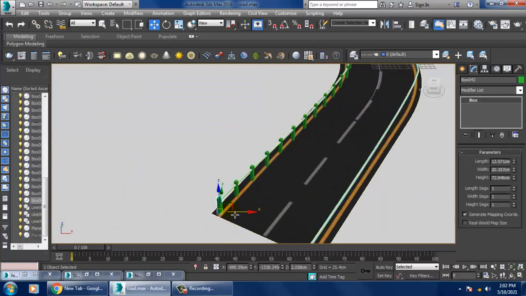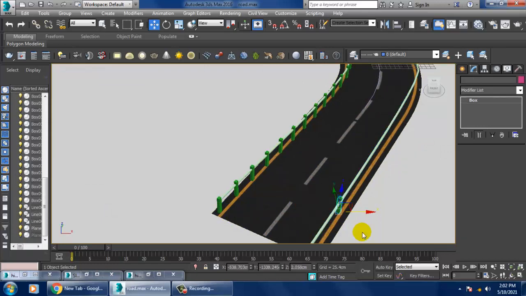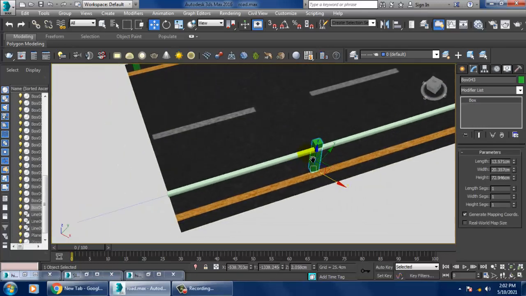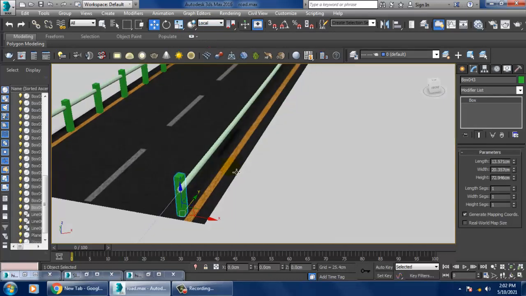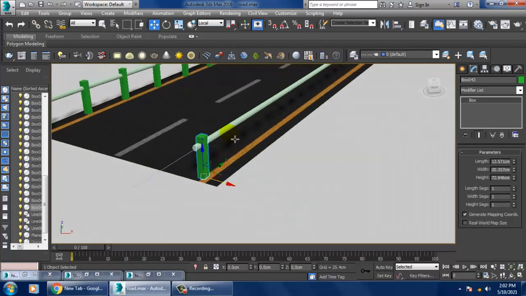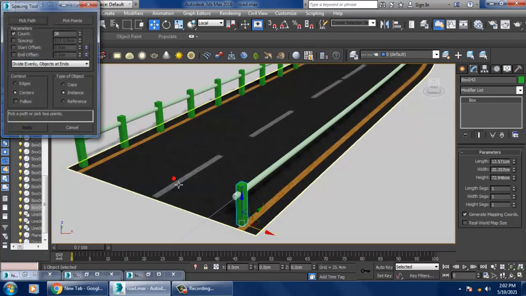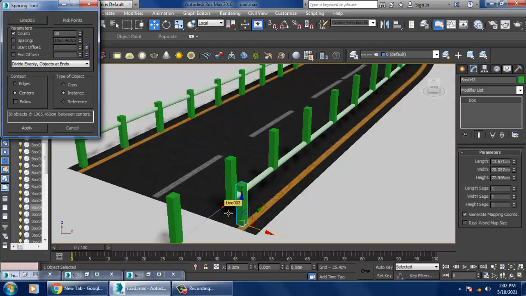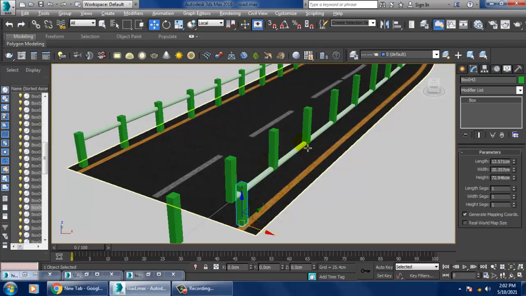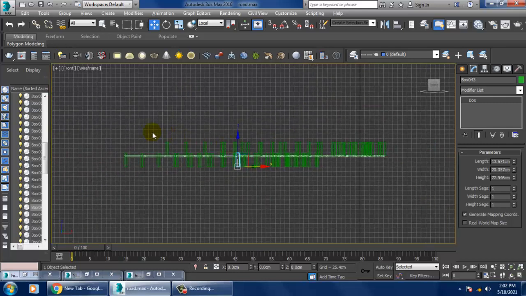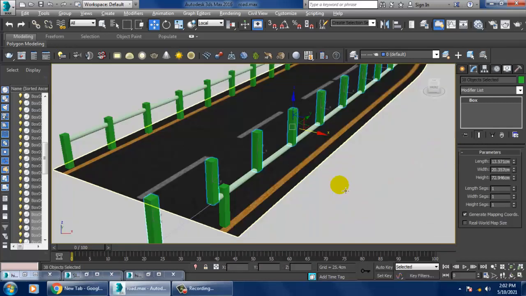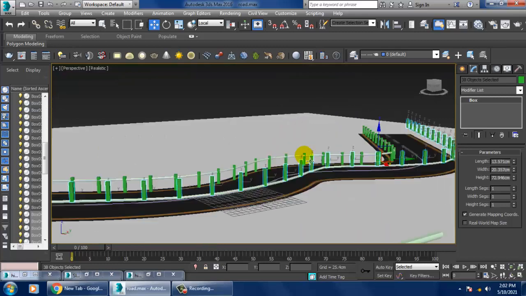Select this, duplicate it. Slightly shuffle it over here. So again go into tools, align, spacing tool, pick path, so apply, close, so select this again and shuffle it down.